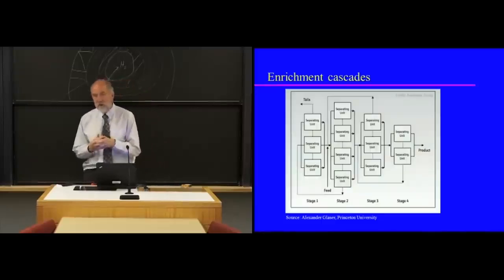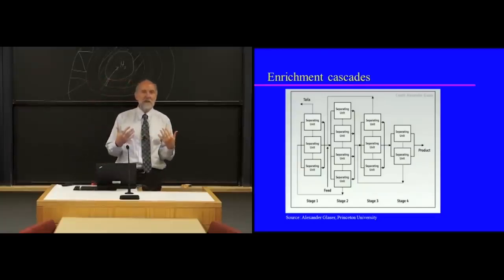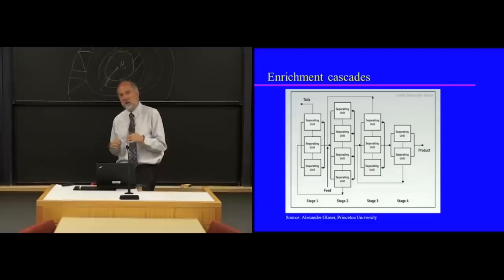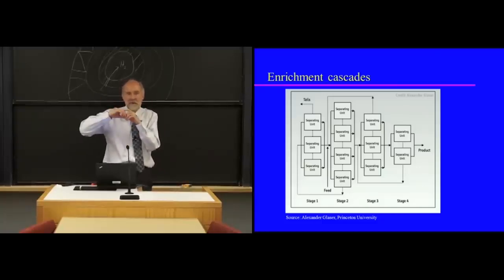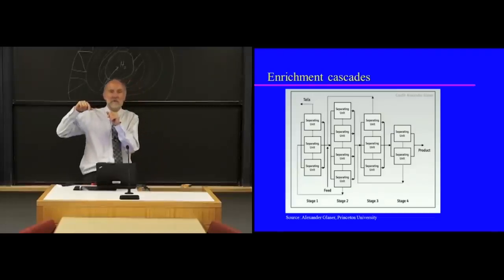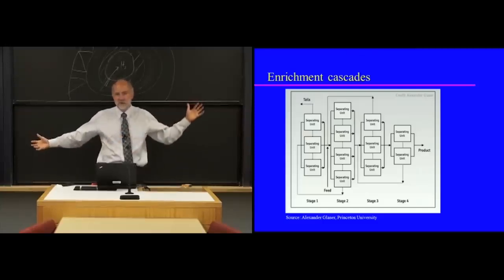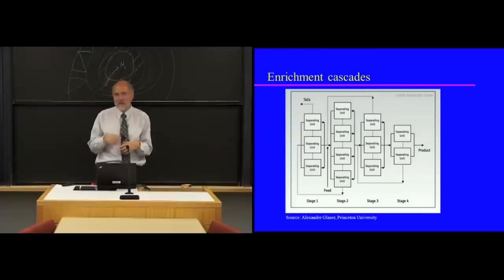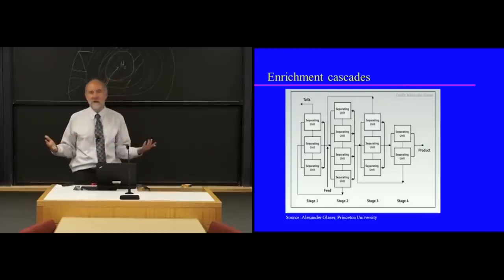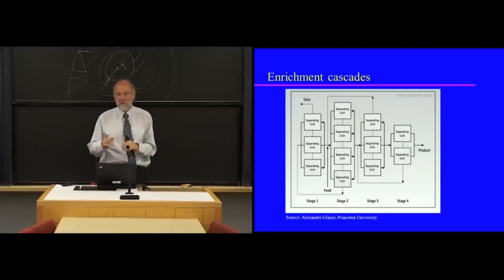All right, so it turns out that all of the ways that humans have thought of so far to enrich uranium only do a little bit of enrichment at a time. So it concentrates the uranium-235 a little bit more than it used to be concentrated. So you have to hook a whole bunch of them together in what's called a cascade. So you have lots of separating units, whatever technology of separating unit you've got, and you put the feed in